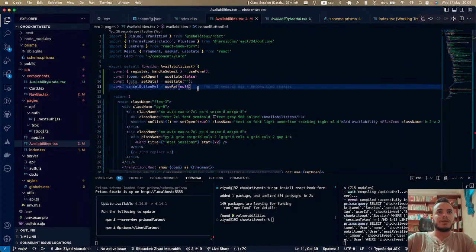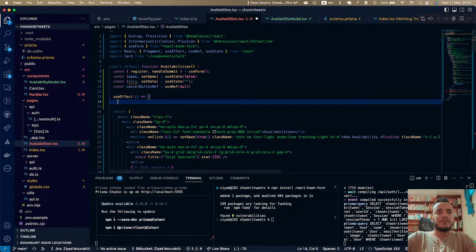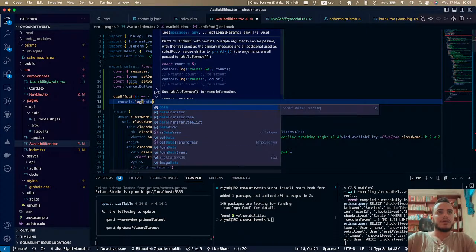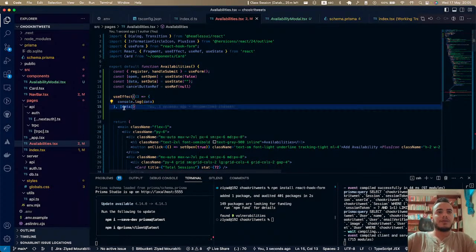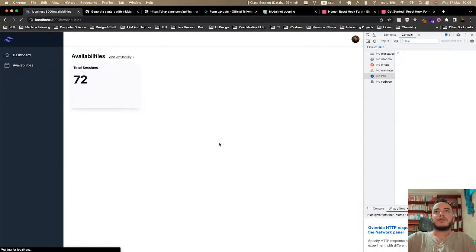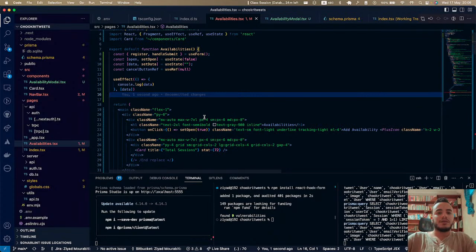So probably add like a useEffect to... No. I would just like to console.log the data, and this means that this would rerun every time the content of this state is changed. So everything here would be executed again. So if you do this, add availability, boom, boom, boom, right, does not print anything,